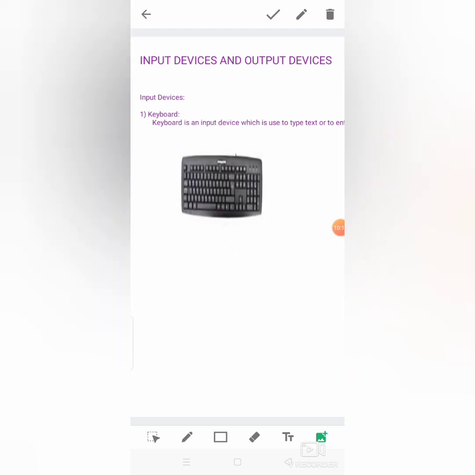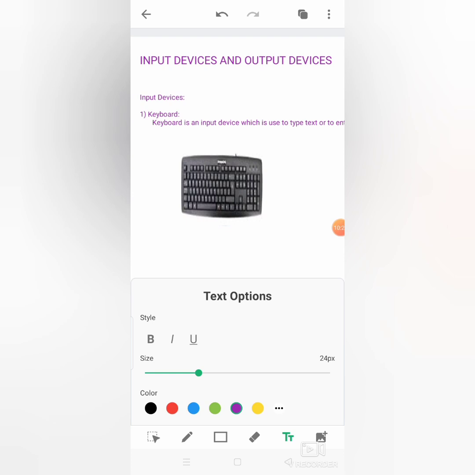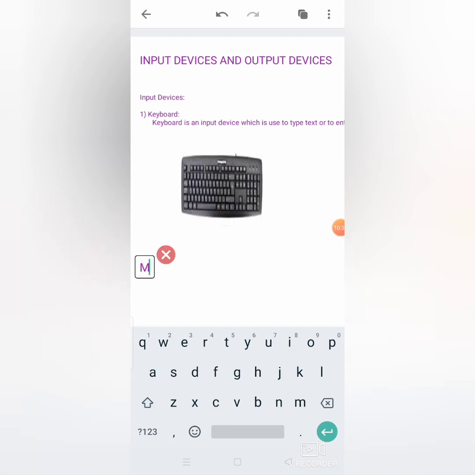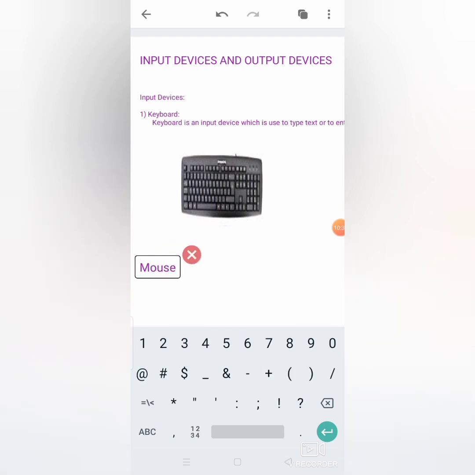Again, the second input device I will take. Mouse.